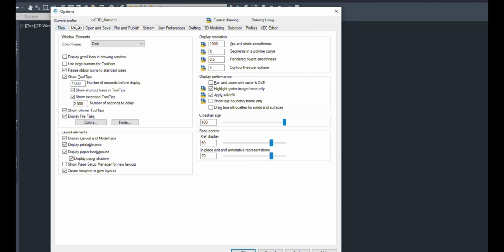Moving on, I'll open up my display tab. And if you want to work on a light color theme or a dark color theme, it's completely up to you. I prefer to have everything darker. It's easier to see and visualize stuff. And that's why I tend to make all my backgrounds black, including my paper space background. Now, to do that, you can go under the colors tab. So under the display tab, under colors,